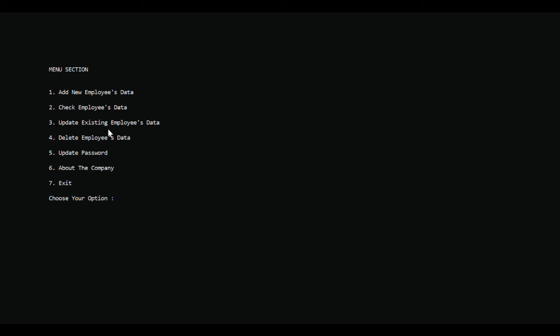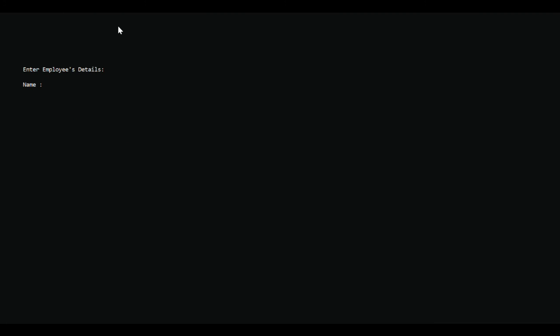So here is the new employee's data. First, adding the employee data, because how could I know whose data this program contains? So I'm just adding Vishal Jha as one of my employees, and enter employee number. So his employee number is 34. Why not? Contact number. So contact number is whatever. I'm not going to enter the correct contact number out here. Currently Vishal@gmail.com.